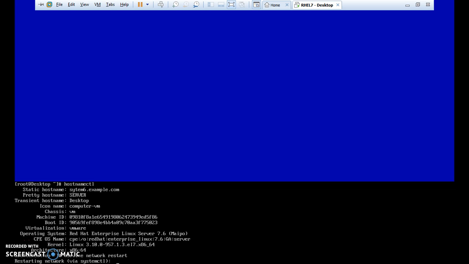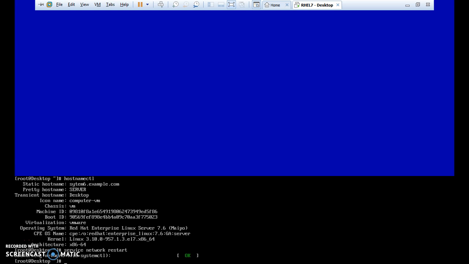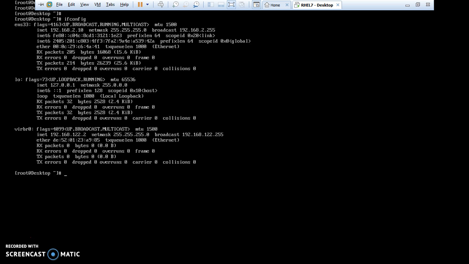You can check the IP addresses, which are okay. It's done. So you can see here ifconfig. You can see the new IP address which has been changed. Make a reboot and verify whether you have gone through for desktop, I mean your desktop is ready. I am giving this reboot command.